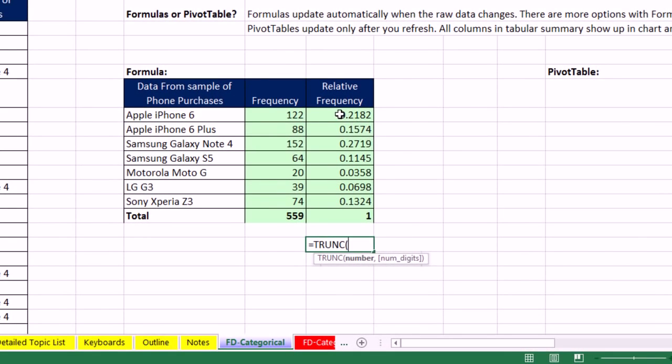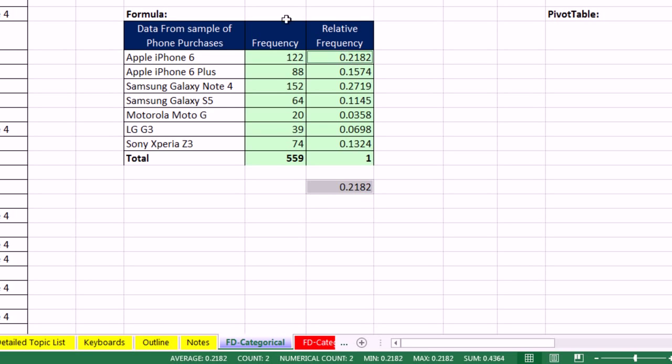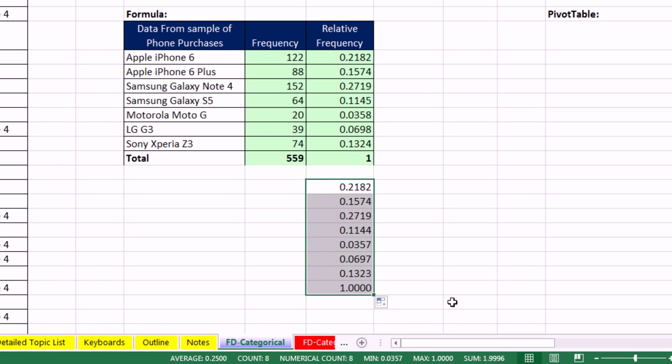If I say truncate, the truncate function will truncate. It's looking at that number underneath, and I'm going to say hack off everything after 4. And when I Control Enter, it looks the same. If I were to highlight both of these cells and increase the decimals, you can see that sure enough, it's not the same. Those decimals are still there. Control Z. You don't have to do this, but I'm just doing this as an exercise to emphasize.